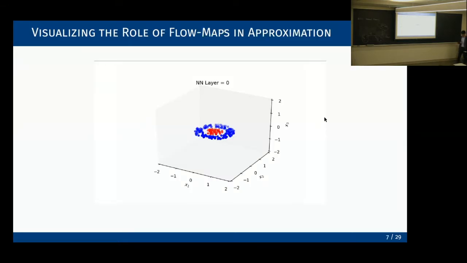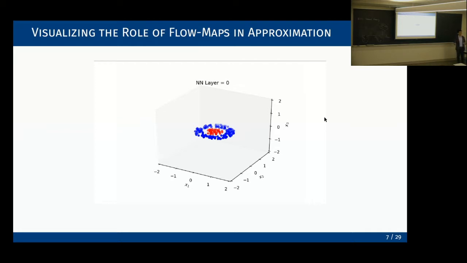So to try to illustrate the role of this kind of flow and why it would help us in building good machine learning models, I'm going to give a quick demonstration of a binary classifier. Here, we're trying to classify this group of points in 3 dimensions. You can see clearly that there's no hyperplane that cuts through them to separate them. So what's going to happen is that we're going to try to use the hypothesis space of dynamical systems and